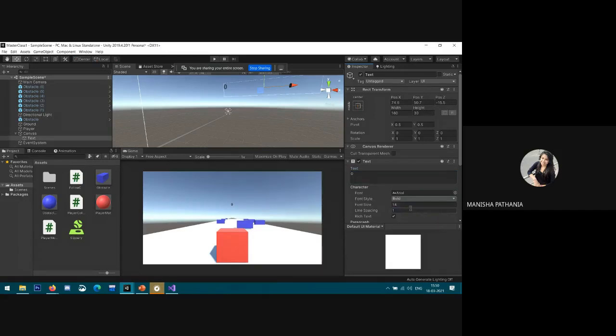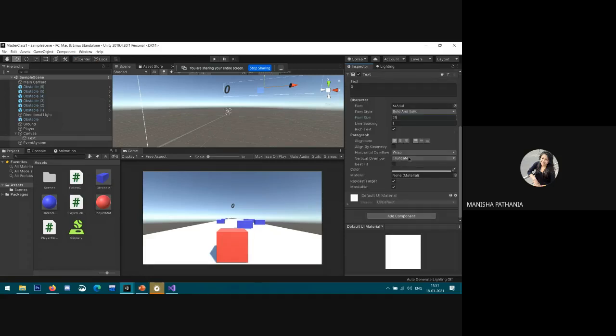I can set it to bold, italic, as well as bold and italic. I can also increase the font size. From here we can also select overflow. Overflow means like when I'm writing something here, this is overflow like this.